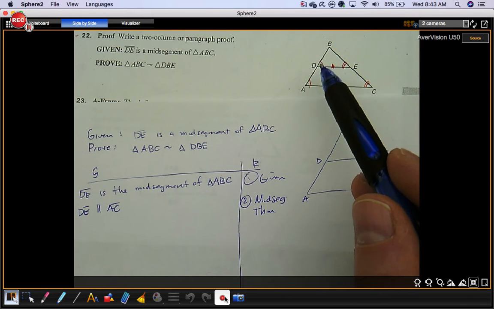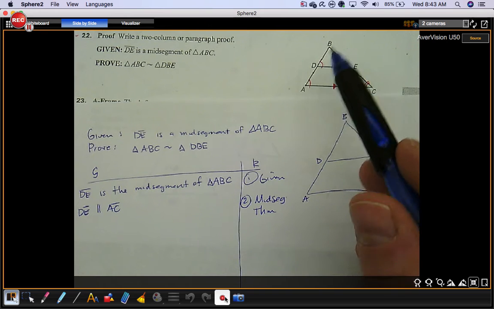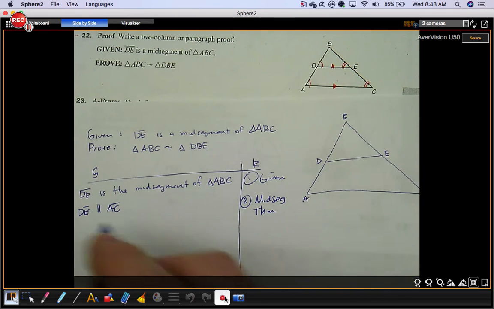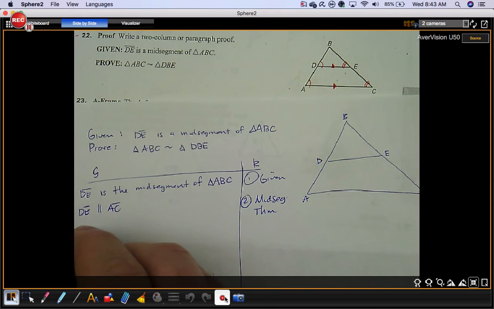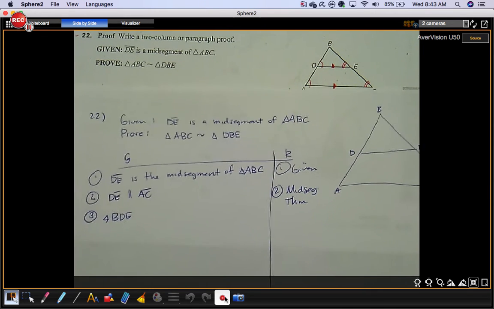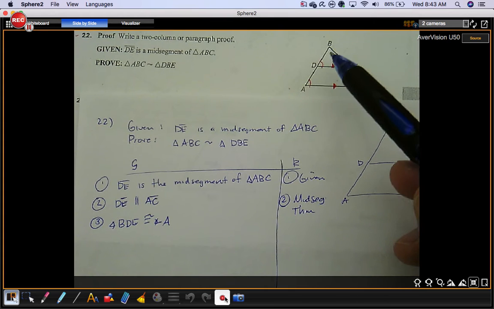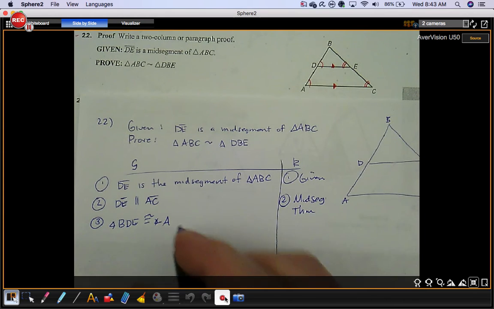Now, I don't call this angle D. You're going to have to use 3 letters. You could call this angle A, though, if you wanted to. There's only one angle there. So angle BDE is congruent to angle A. So that's these angles. Likewise,